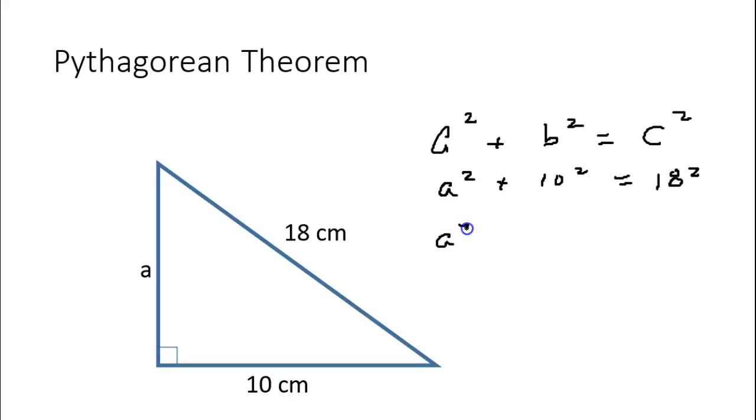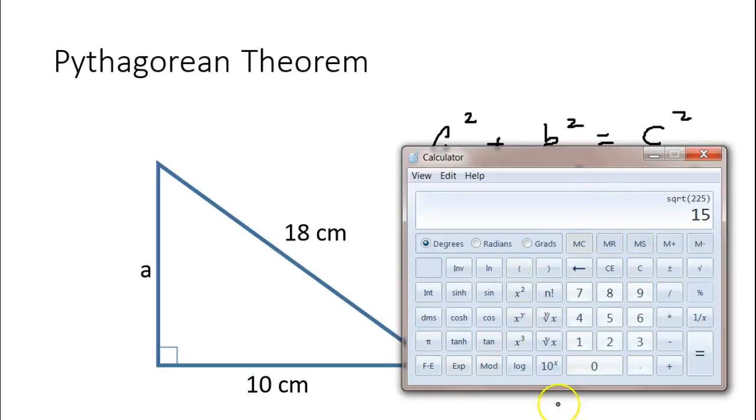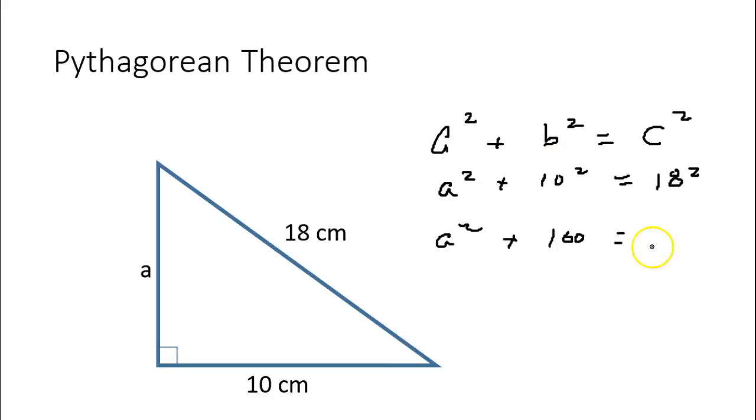A squared plus 10 times 10 is 100 equals 18 squared. I have no idea. I'm going to have to put it in the calculator. 18 squared is 324. So these are a little different when I'm solving for A or B, because I'm going to have to subtract 100 from both sides. And I get A squared equals